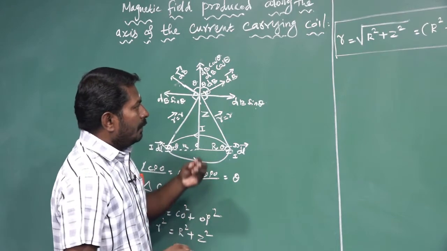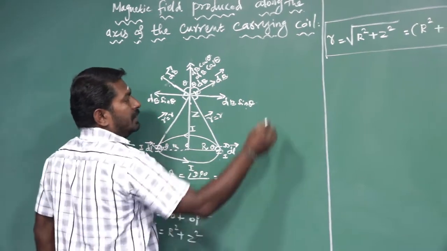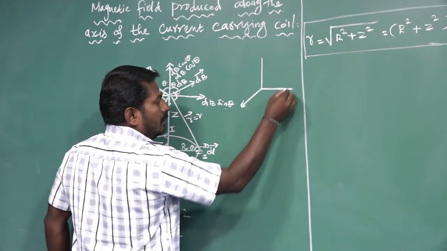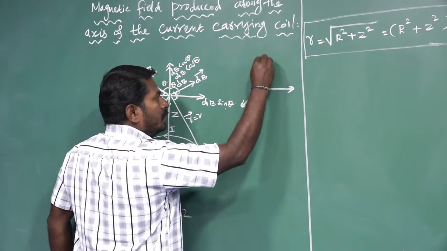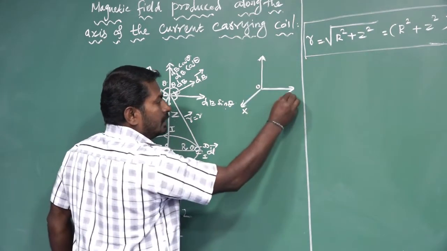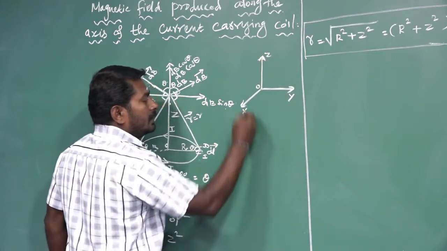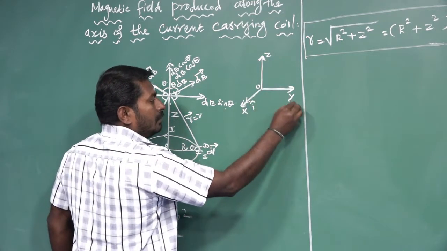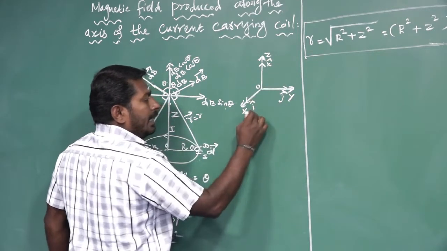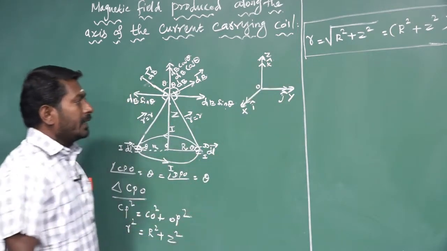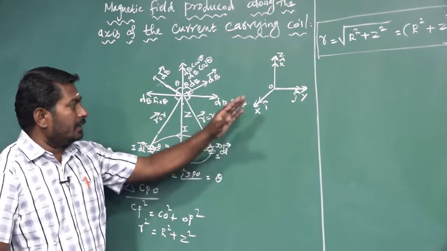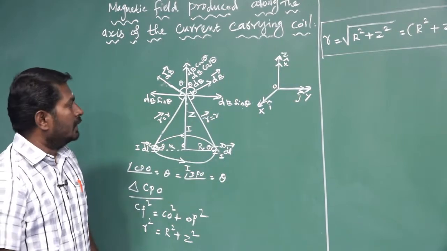Next, we consider a Cartesian coordinate system. First, we choose the origin of the Cartesian coordinate system O, x-axis, y-axis, z-axis, i cap, j cap, k cap. So i cap, j cap, k cap are the unit vectors. The magnitude of a unit vector is 1, but it gives the direction along the x-axis, y-axis, z-axis. See this.